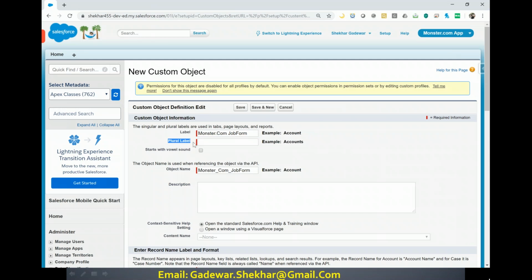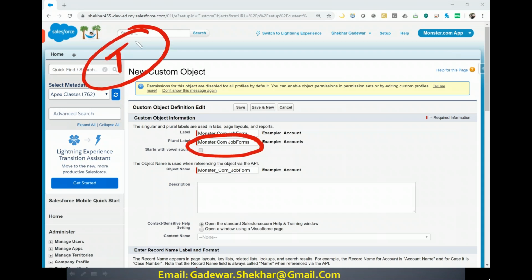Now, here, what you need to do, you just need to copy this text and paste it here and put S at the end. Give a plural name here. Now, why are we giving a plural name? Let me tell you. Please note, this plural name will be used after some time when a